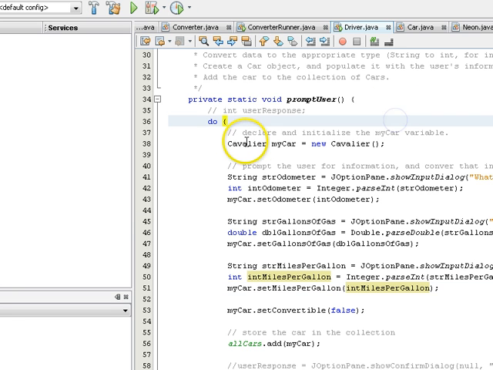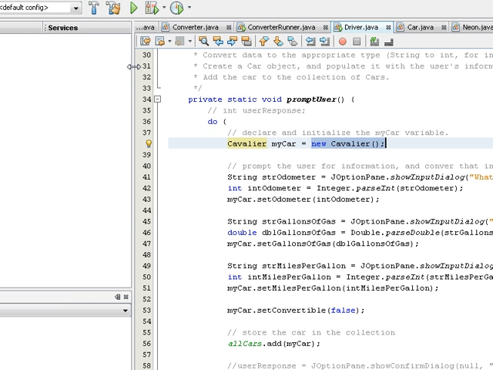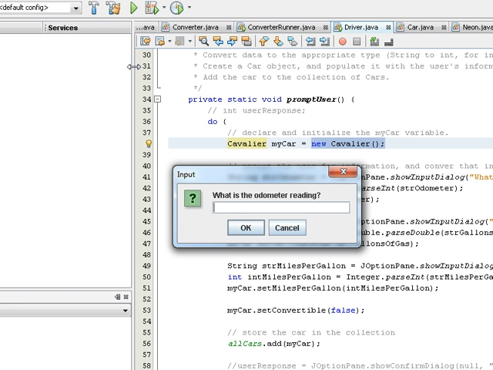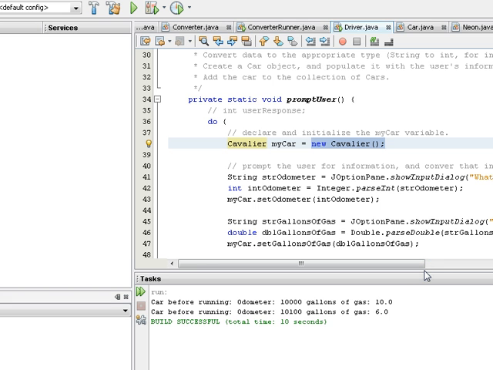Why can I do this? Because the variable is of type Cavalier and the object is of type Cavalier. So I'll go ahead and run. Okay, we'll give this a moment. What's the odometer reading? 10,000. How many gallons of gas? 10. Miles per gallon? 25. Do you want to enter more cars? No. And once again, we see the exact same output we saw before, because Cavalier and Neon are both extending